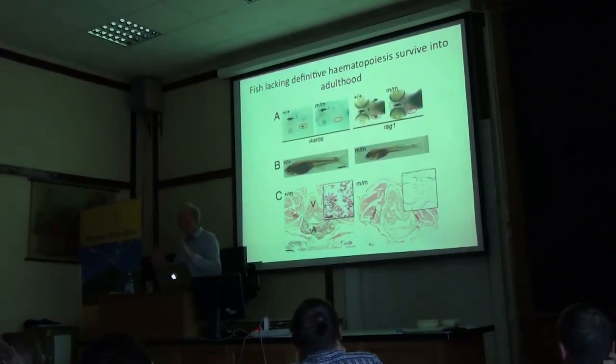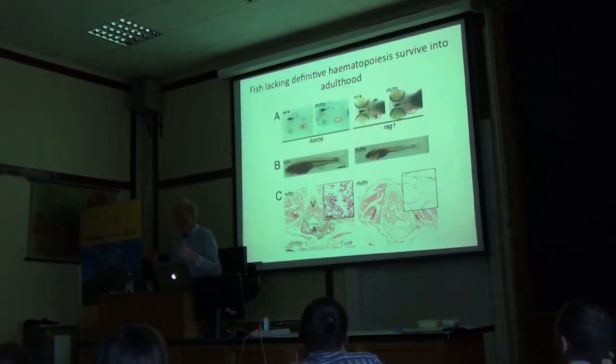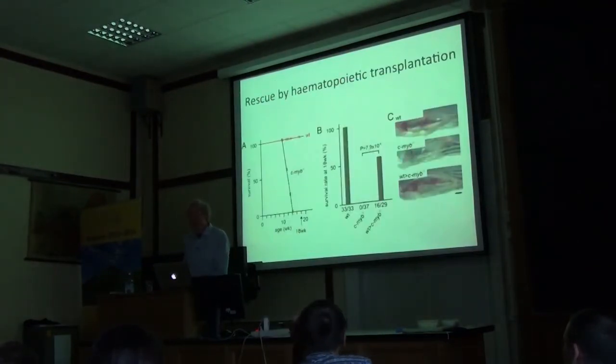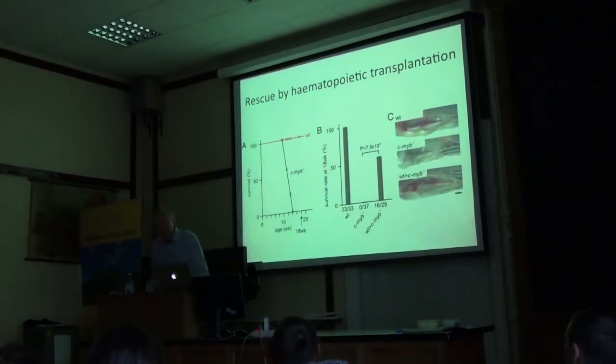Now it has no definitive hematopoiesis. That is, it has nothing. No erythrocyte, no myeloid cell, no lymphocyte. It's basically a fish without a hematopoietic system. The only thing it has are embryonic macrophages surviving from the very early embryonic period. Nothing else. Now what one can do is one can transplant